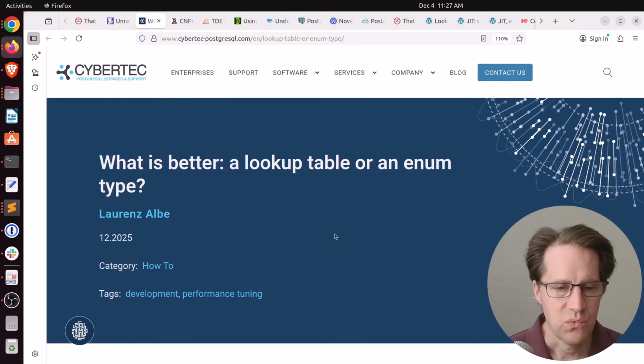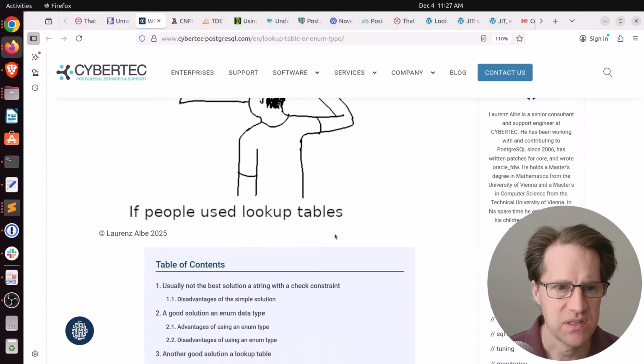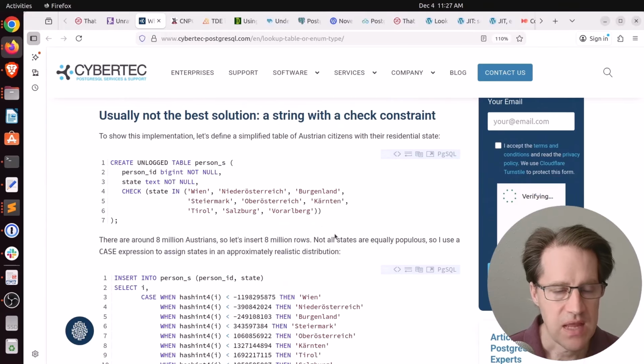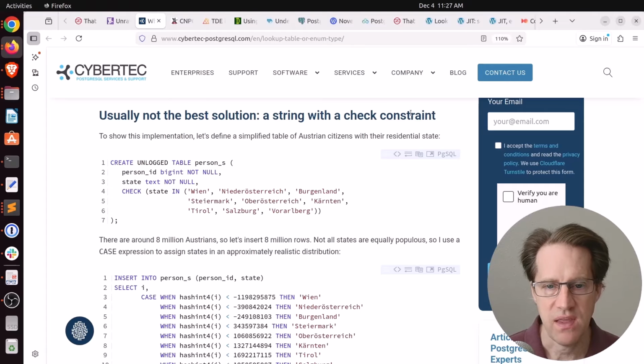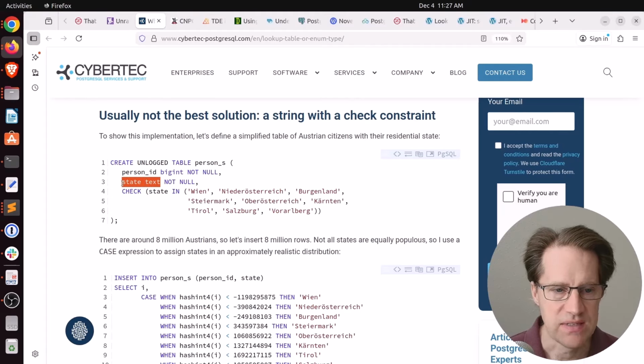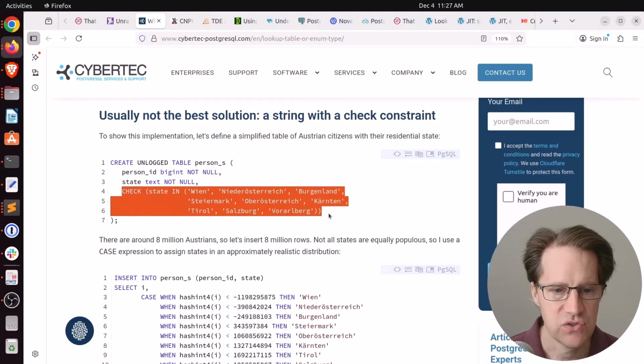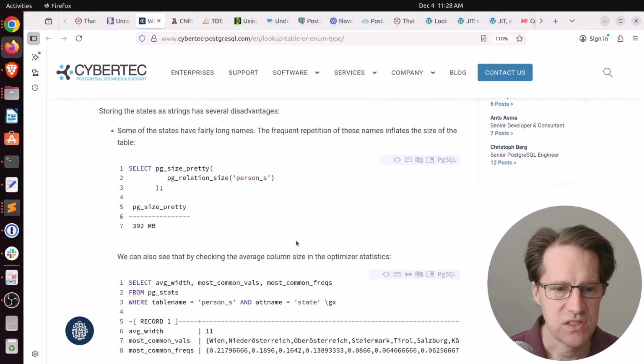Next piece of content, "What is better, a lookup table or an enum type?" This is from cyberdeck-postgresql.com. And he also considers a third one, basically a string with a check constraint on it. So one solution is you just create a text column and you put a check constraint for all the different values that are possible. Now, the first disadvantage he mentions is that it actually makes the table larger because you